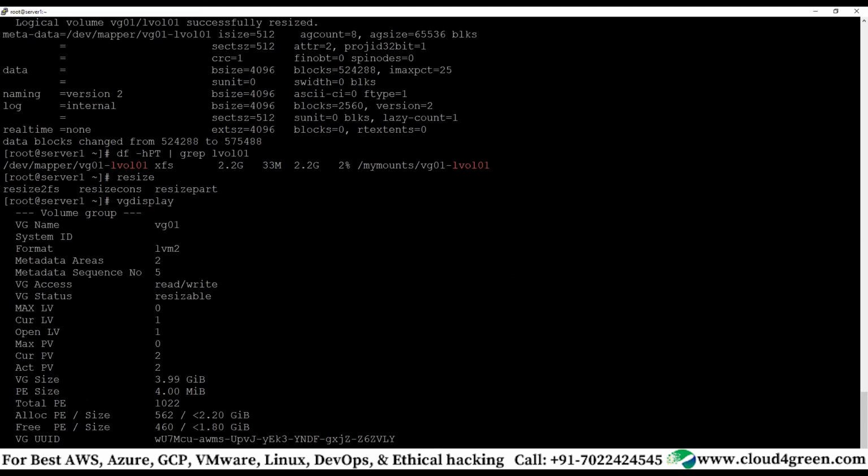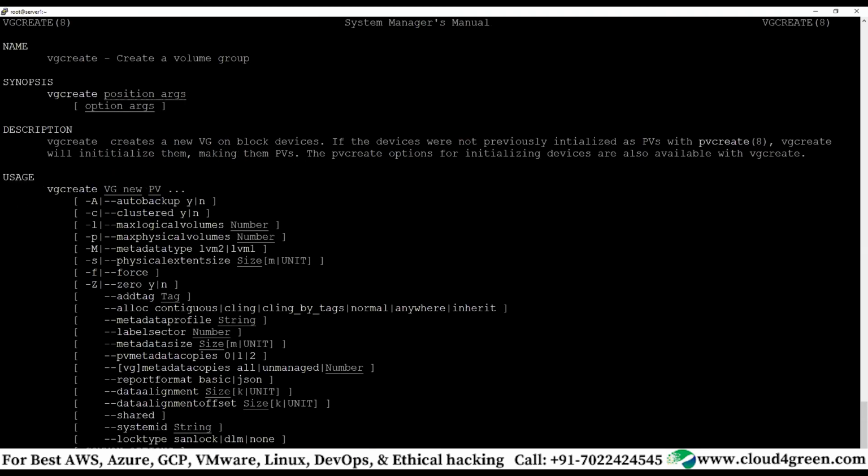So in order to extend a VG, what do you need to have? You need to have a physical volume. So in order to have a physical volume, what do you need? You need a physical disk. Correct? Either you add a physical disk here, local disk or SAN, whatever it is. Since I have to reboot the system, I'm not showing it here. You need to add a physical disk here. Then what do you need to run? You need to run the pvcreate command. Simple stuff. Follow the initial step. pvcreate, just that device. Don't give all the devices which exist in your system. Only the new disk which you have added or a partition. Run pvcreate, and then you do vgcreate, for example.